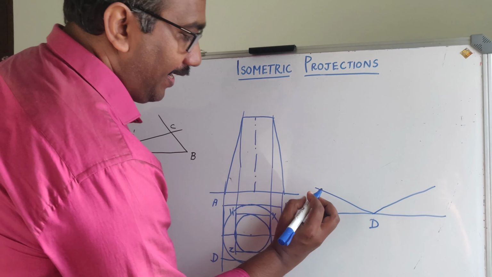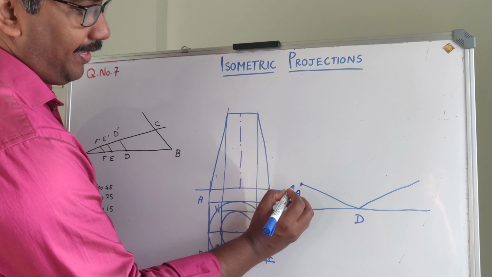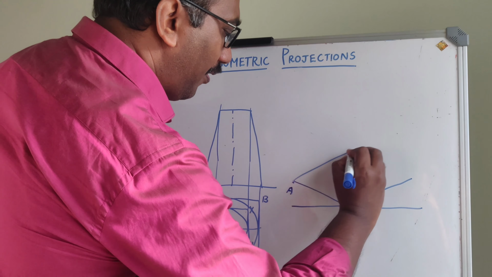So you can measure AD. So you will get A here. So this is AD. From there, you are drawing a parallel. You know how to draw this. So using this, you will get B. And increase the length, otherwise we won't get a proper figure.